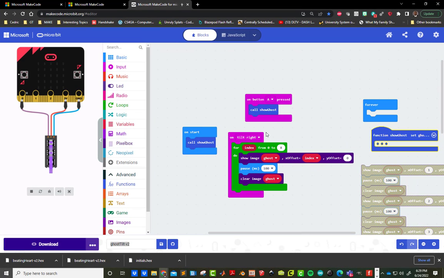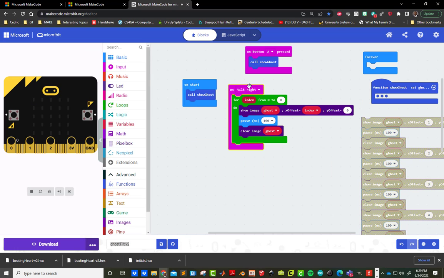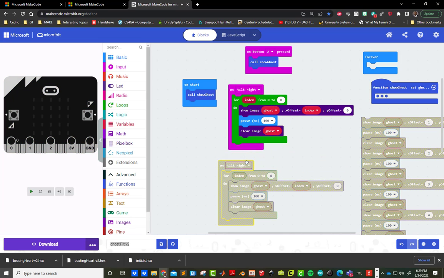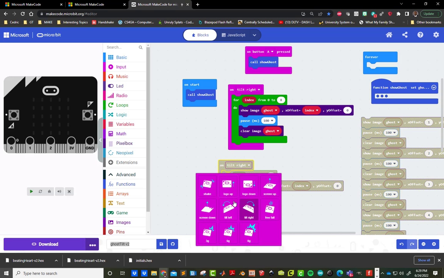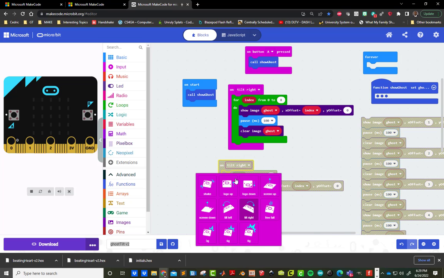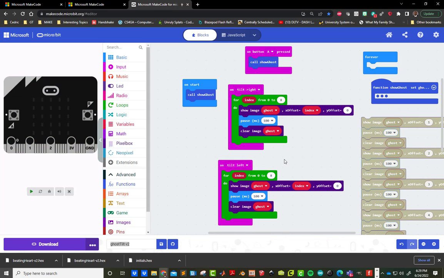do the tilt left. Now, tilt left, we got to do a little bit of math here. But let's first of all copy this. We're doing the same thing. We're just tilting left. So let's copy it or duplicate it and then make it tilt left. Since we already have a tilt right, you see it's all grayed out here because we already have a tilt right. So I chose a tilt left and now it shows back up. So we're defining this for tilt left. Now,